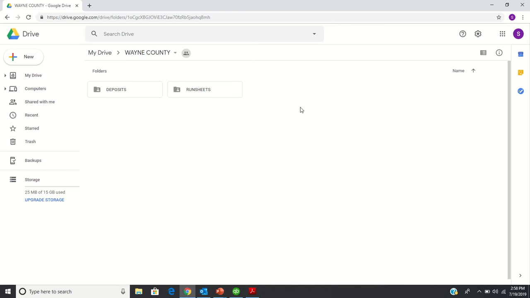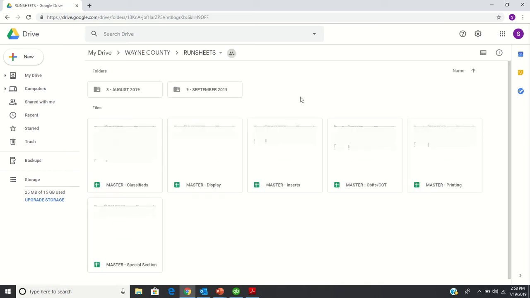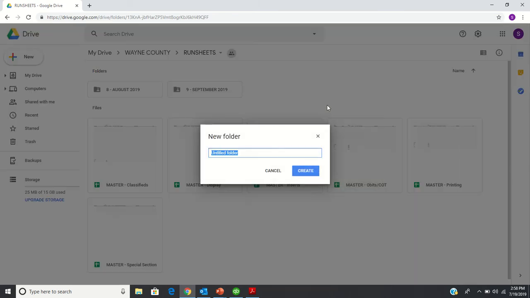Welcome back. Today we are going to be going over the run sheets. Obviously, we'll go into the run sheets folder, and we can see at the top here that we have a folder for each month. To create a new folder for that month, basically you would just right-click, select New Folder,